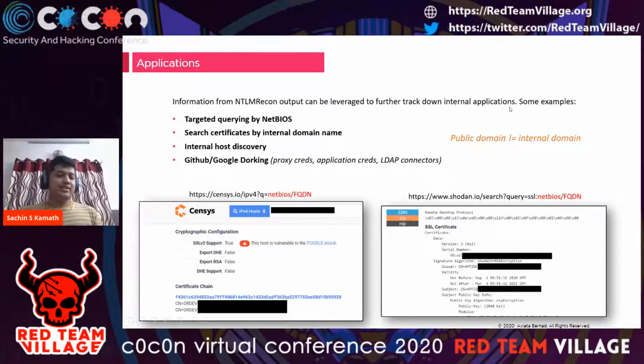One of the most interesting things that is majorly overlooked is that every RDP service and SMB service, in fact, has fingerprints associated with it, right? The RDP protocol, in fact, has SSL certificates because the traffic is encrypted. And what usually happens is that when you're configuring your internal RDP servers, the FQDN is going to be some server dot the domain name, and these things carry along even when you are exposed on the internet. So what you can essentially do is query for NetBIOS and FQDN names,